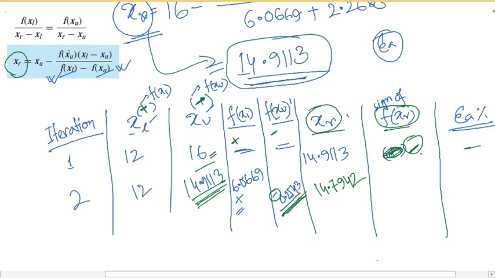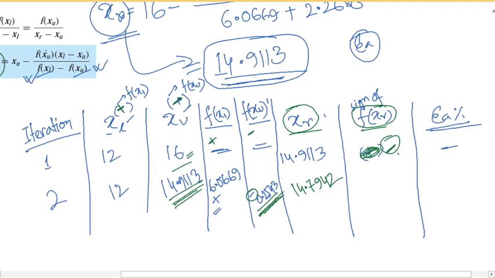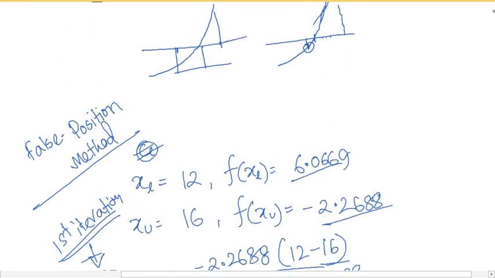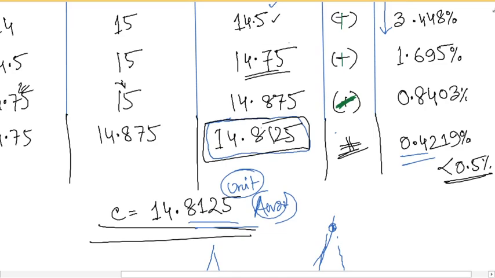And if you calculate epsilon a using this one and this one, you will be getting epsilon a equals 0.79%. Can you imagine, 14.7942 in 2 steps? In 6 steps we have obtained